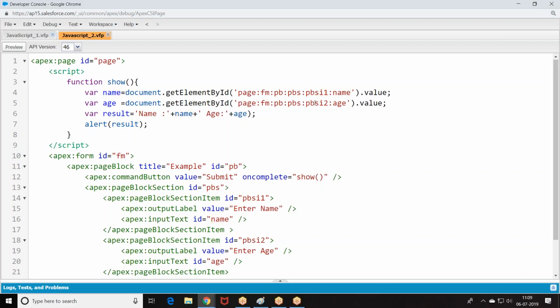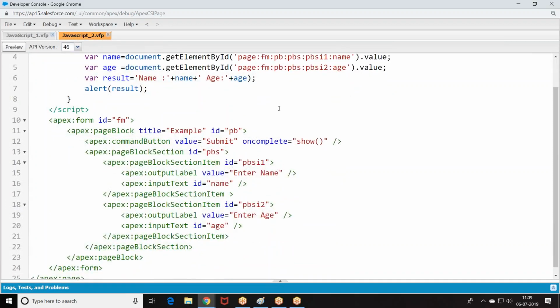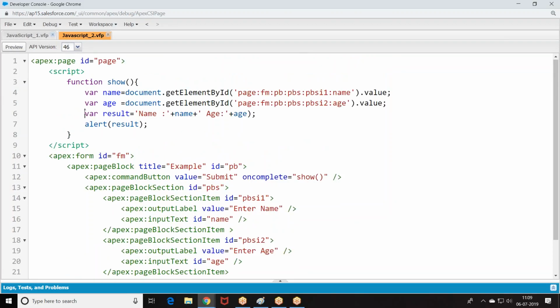Similarly, page block section item 2, dot value. You are getting? Check line number 6, sir. Line number 6: result, name plus age, extra bracket. Yeah. Thank you.